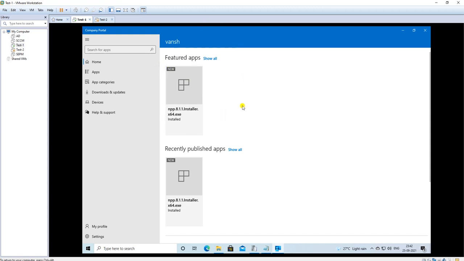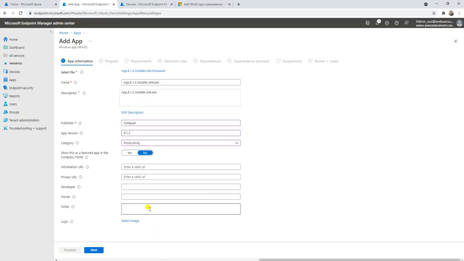If you click yes, your application will show under featured apps in the Company Portal. If you want to present your application here, we have to click yes. You can specify this URL if you want, but it's not mandatory.